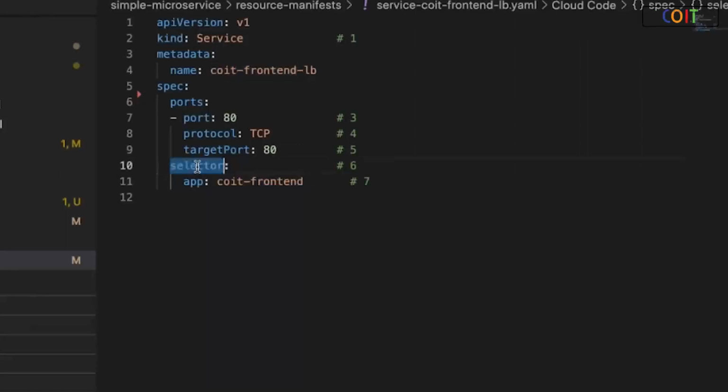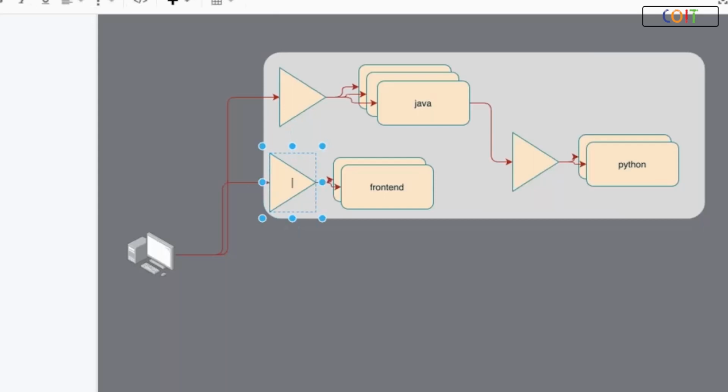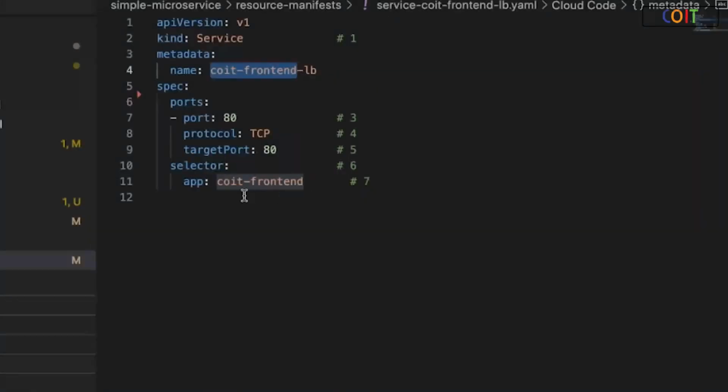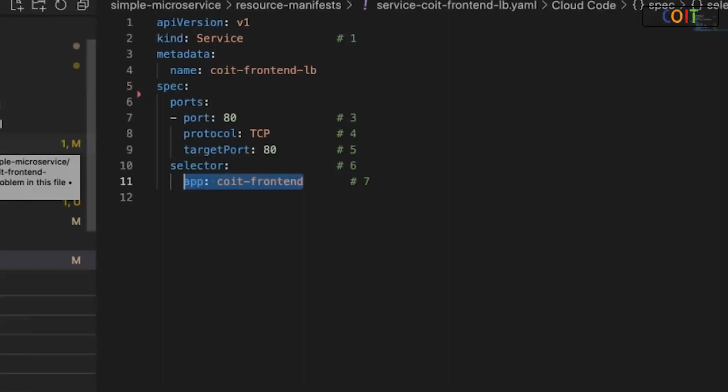So basically, selector means what are the ports that it will speak to at the time of creating the service. The name of the service you are creating is CoIT front end LB, or whatever name. And then I'm also mentioning that this service will speak to those ports which have this label app equal to CoIT front end. Now what I have to do is, I go to the deployment YAML file, CoIT front end deployment YAML file,